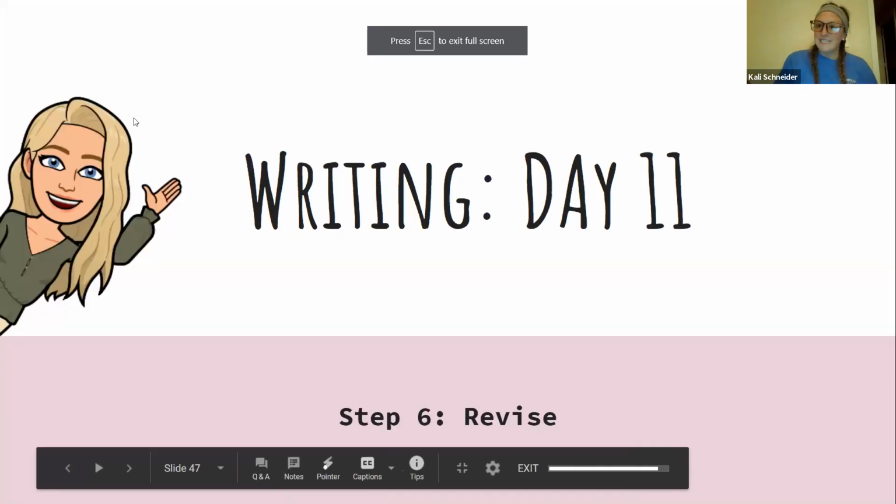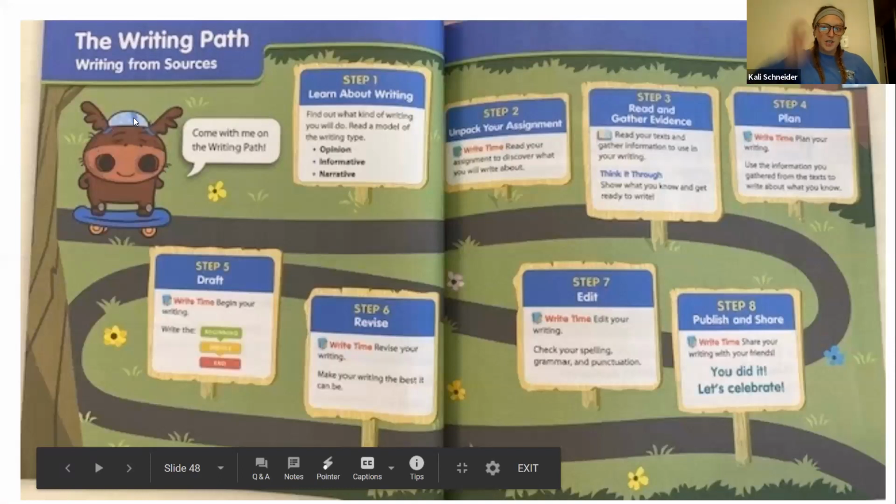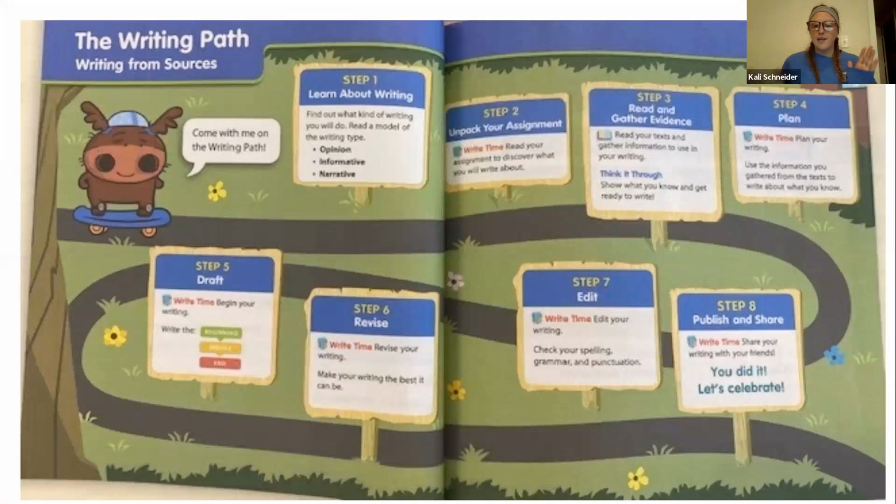We're still in the revision process of our writing. So let's go ahead and look, because we are on day number 11 for our writing. We are on step 6 of revising. So take a look here with Herschel. Hello, Herschel. Herschel, we are still down there revising our writing and making it the best that we can make it,